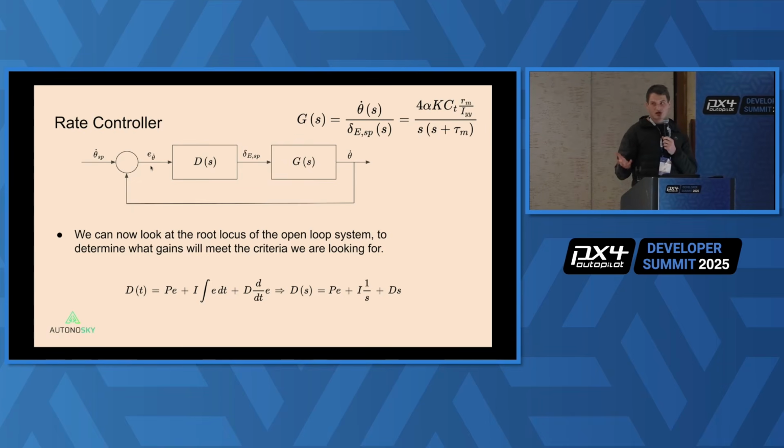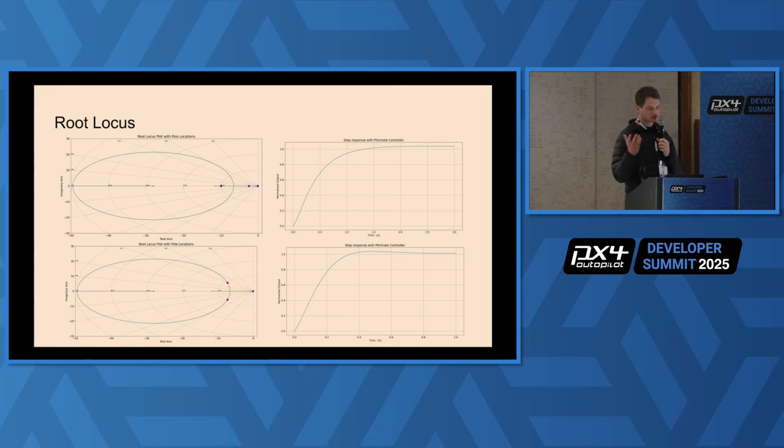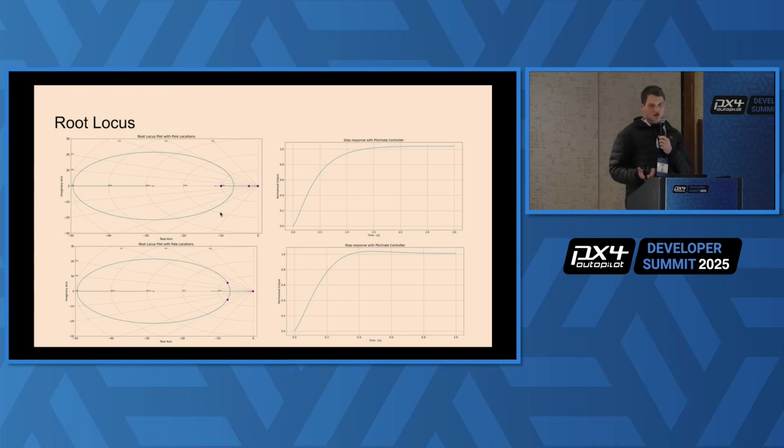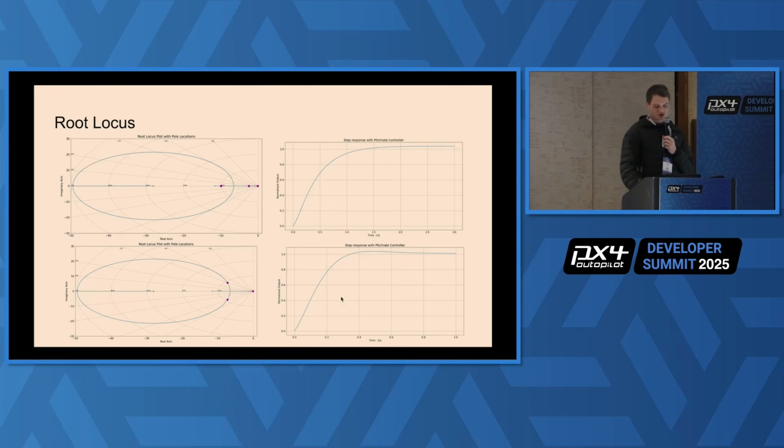So you can now apply any controller technique that you want to start designing for these PID controllers, but I'll be making use of a method known as the root locus. So I won't be going into the details of how to design these gains based on this root locus, but you can now start selecting these PID gains by looking at your root locus, and it'll then produce two different responses. So you'll see this bottom one is much faster than the top one. And then once you're happy with the response that you have,